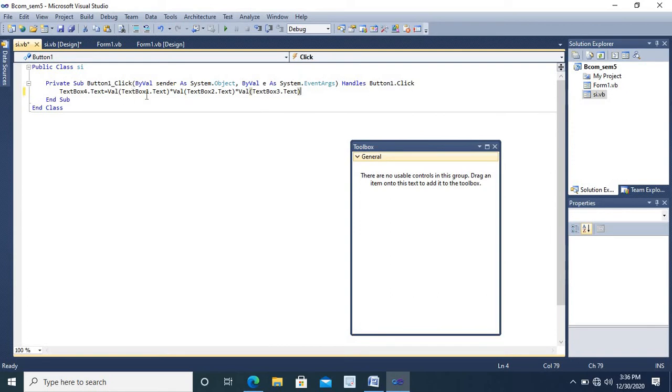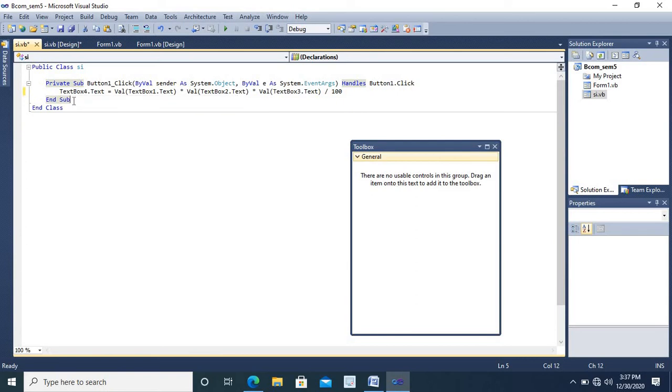So this is P into T into R divided by 100. This is the code we need to write to calculate simple interest. Once it calculates the simple interest, it will be stored into the fourth text box.